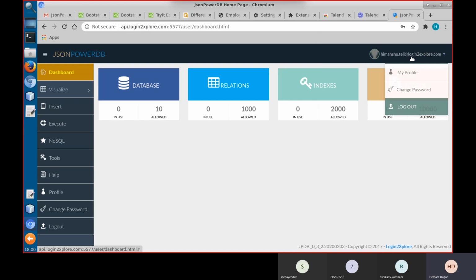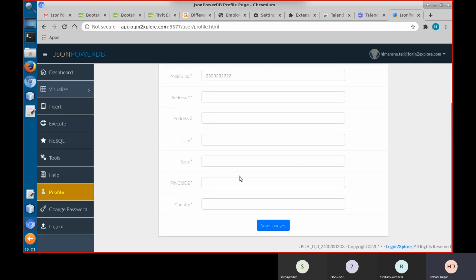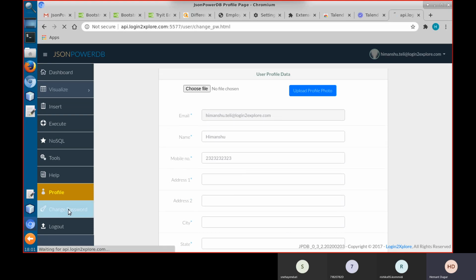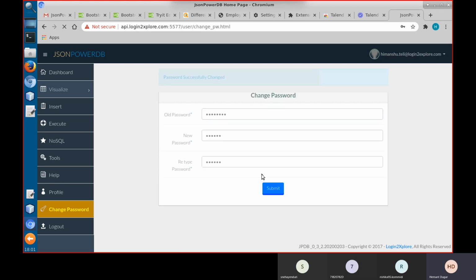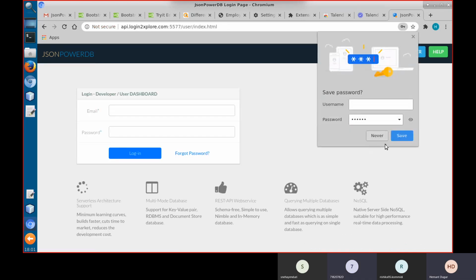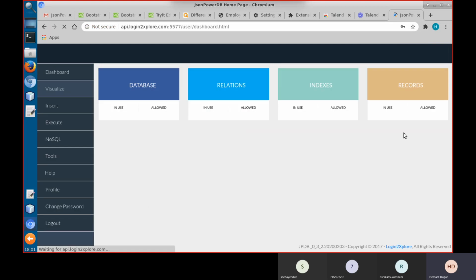And there are various options. You can change password, you can log out and you can change my profile where you can go and change your, say, mobile number, address and all these details. But the first thing is change password because this password is tough to remember. So I am typing here df. So later on you can change Himanshu this password. As soon as you change the password, it will log you out because you have to log in again with the new password.